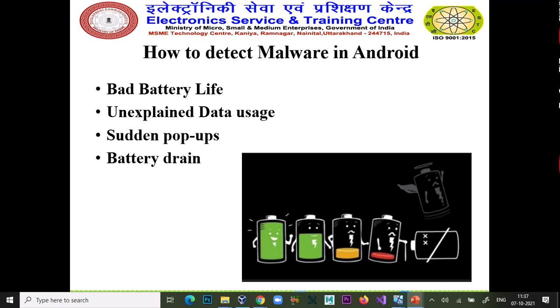The process runs in the background and the malware app installed on your system demands lots of data to send your personal data to the hacker. That's why the use of your mobile data increases in those cases. The first two points are very necessary to detect malware on your Android devices.